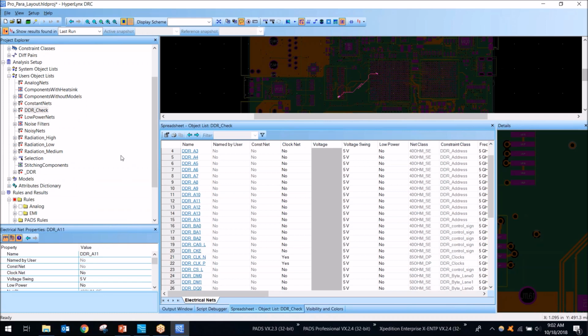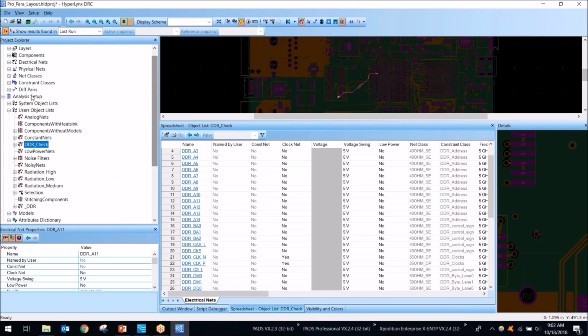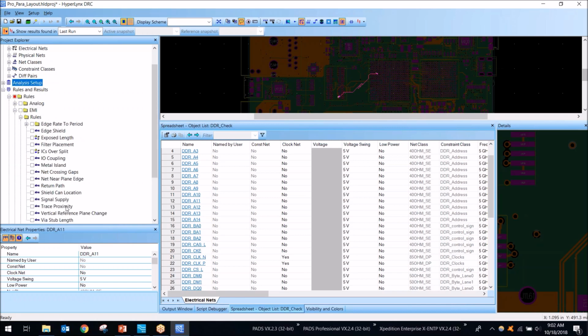All right, so I've gone ahead and created my object list. Now we can actually go ahead and begin running some rules. So if I want to take a look at my EMI rules,